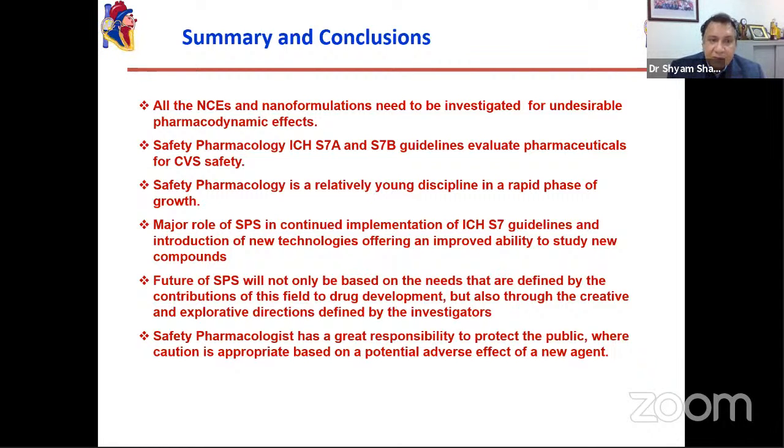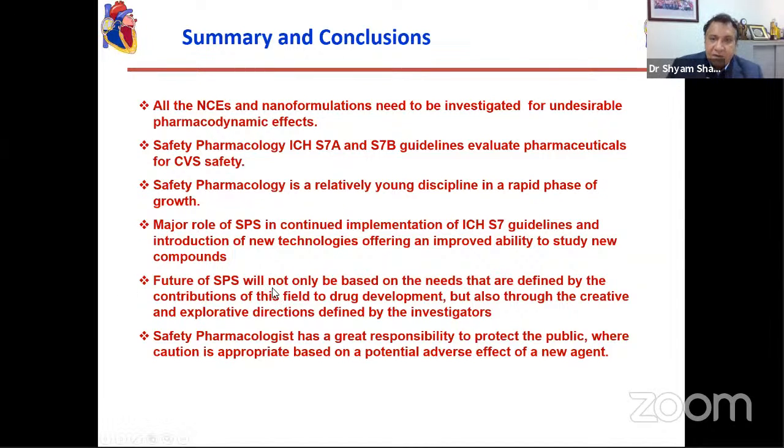Major role of safety pharmacological studies in continued implementation of ICH-S7 guidelines and introduction of newer technology offering improved ability to study the compound. Nowadays there is a lot of stress on animals, can we reduce it? Future of safety pharmacology will